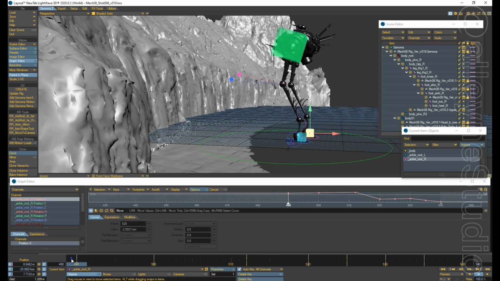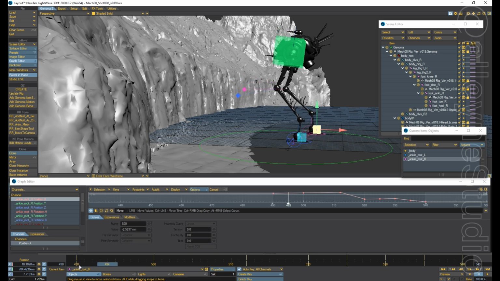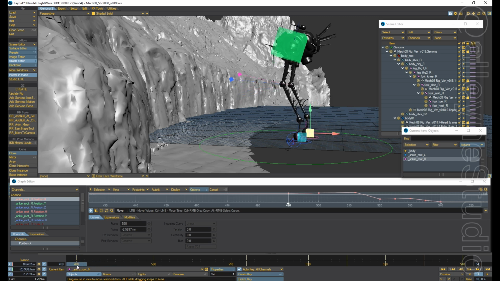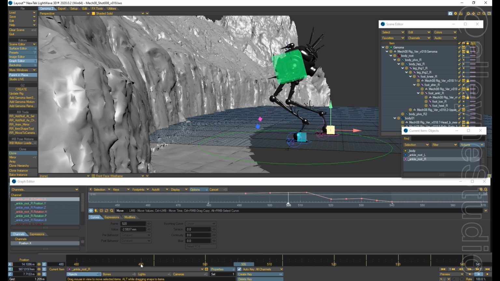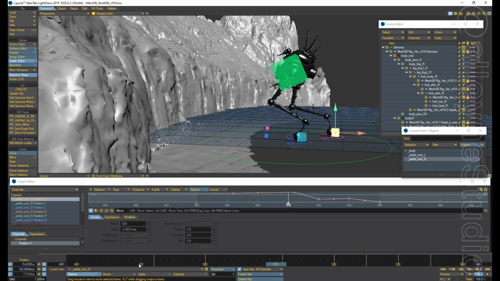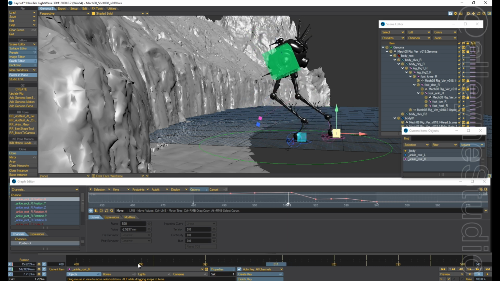Actually, let's have him 480. Let's have him start. Remember this: start two frames after the torso moves. And then